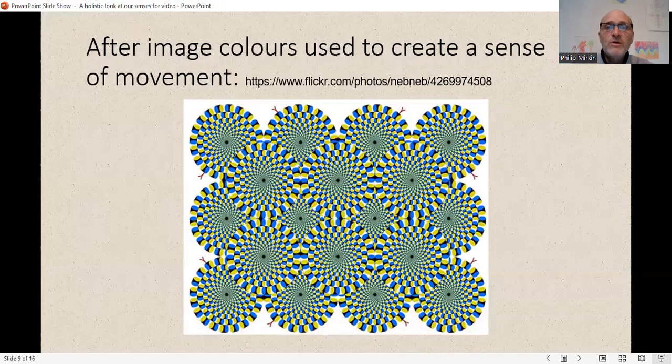This is a practical example of how we make sense of, or why we have this particular faculty, some usefulness for it. If you look at the center of the diagram, some of those circles towards the outside are going to appear as though they're rotating. And that's because our eye is creating the after image. So sometimes the nerve impulse is of the after image, sometimes it's of the real color.